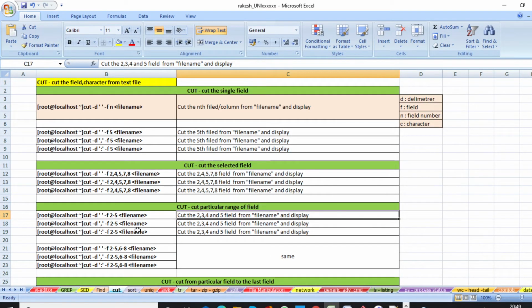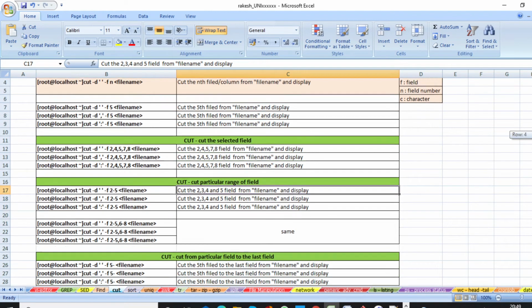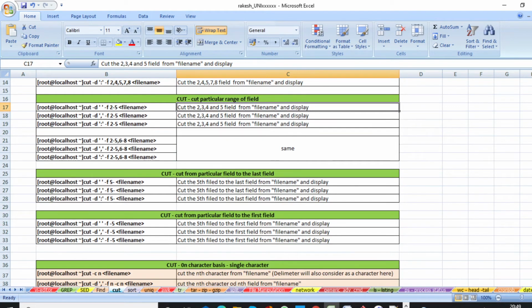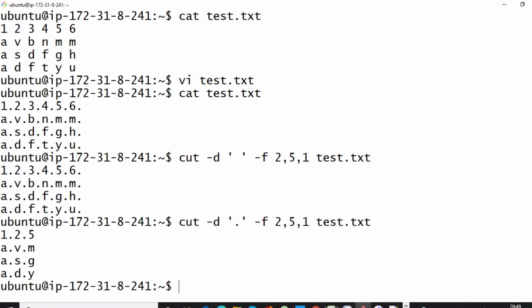Next, suppose you want to print 2 to 5 or 3 to 9, like that, then it will start from 2 and end with 5. Here you can see 2 to 5, then 6 to 8. It is one more thing. Let me show you one example.